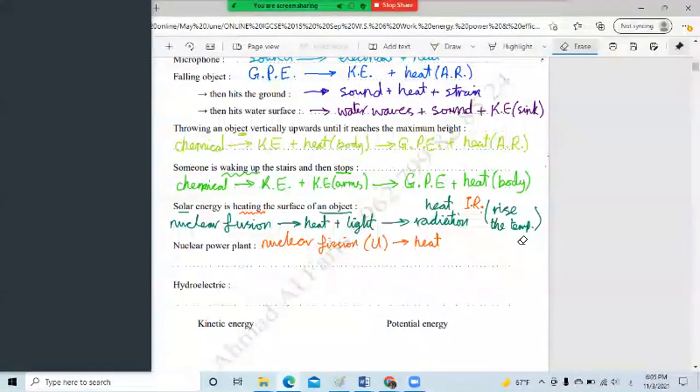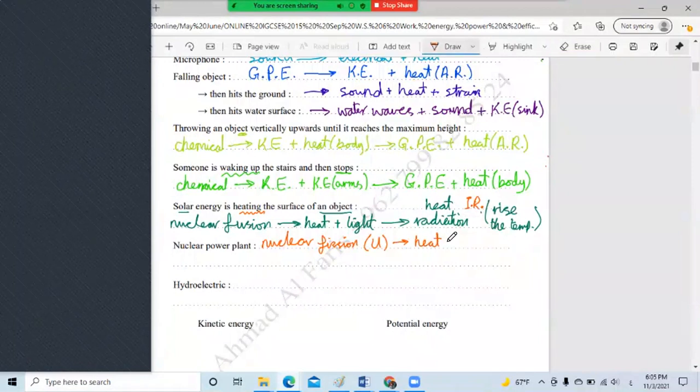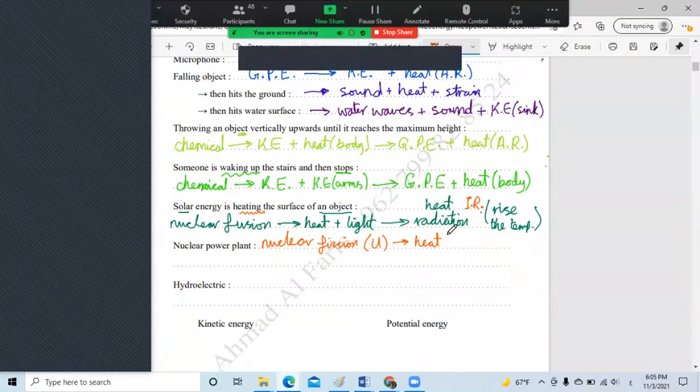Okay, so again, we use this nuclear energy from nuclear fission in uranium. It's split to become heat, and this heat, we use it to boil water,